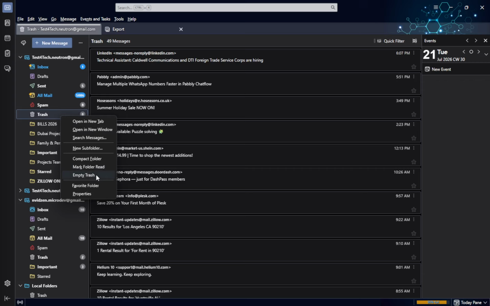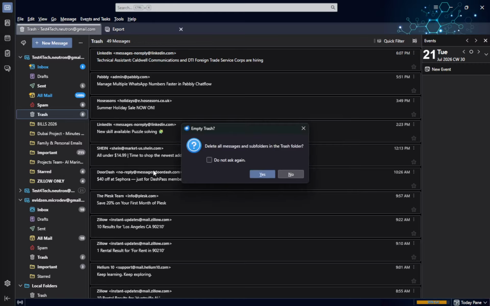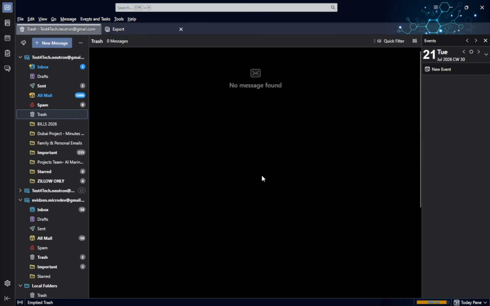This choice will initiate the process of permanently removing all emails from the trash folder. This step is significant because it ensures that all unwanted emails are deleted at once rather than having to remove them individually, which can be tedious. After this action, you'll notice a lighter and more organized email experience.